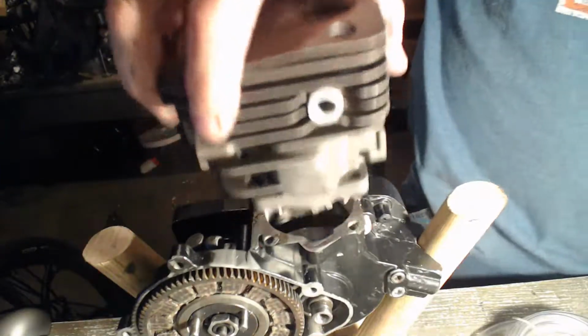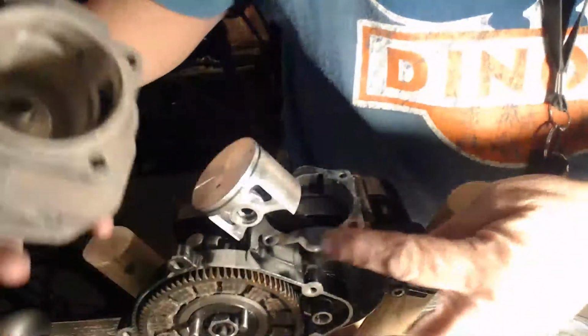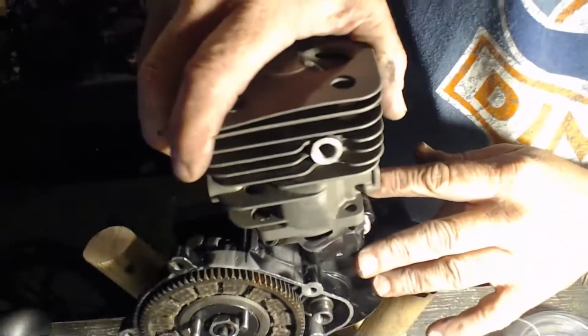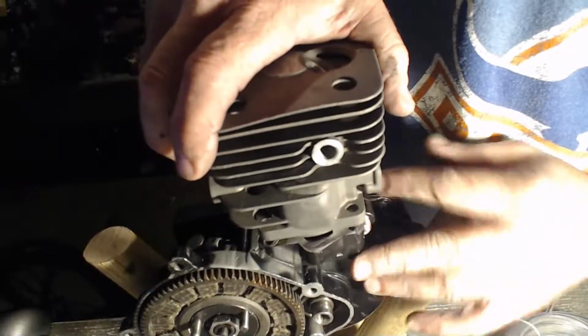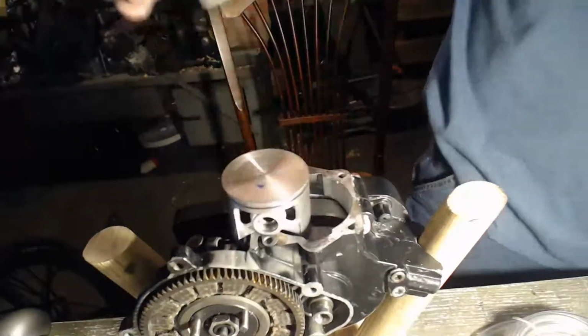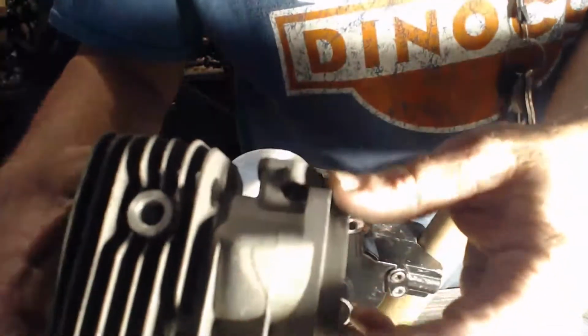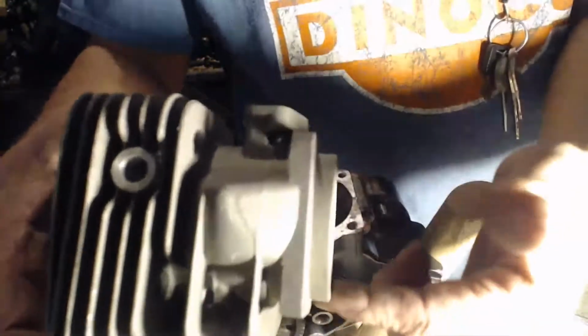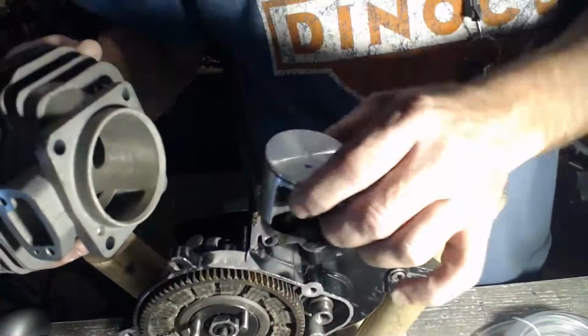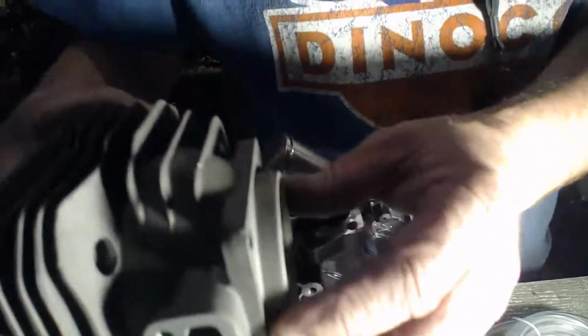I mean, normally I'm having to block this, and with that, you notice the block's going to be even tinier, or about the same size. I just want the block to go up against the piston, or I mean the barrel. This is what I'm calling the barrel right here, the cylinder barrel. This is what holds it from piston rock and keeps everything aligned. But I've been taking the piston barrel down to hardly anything, and then